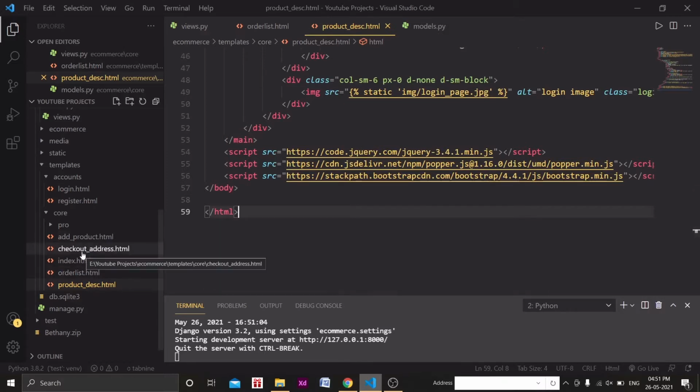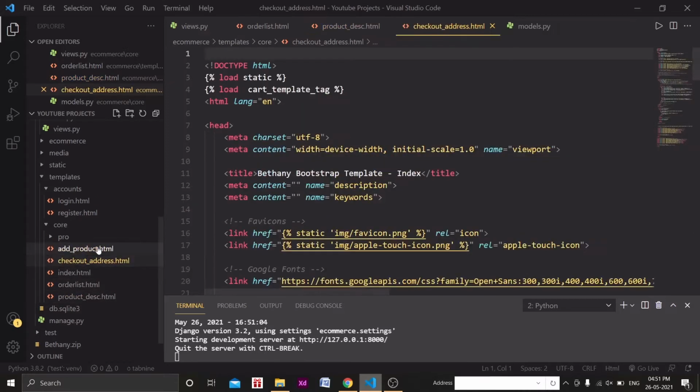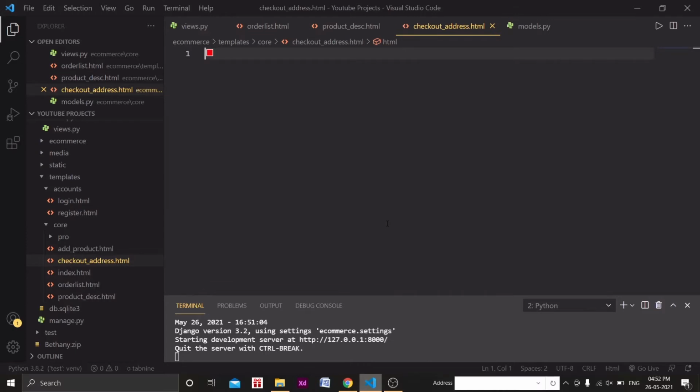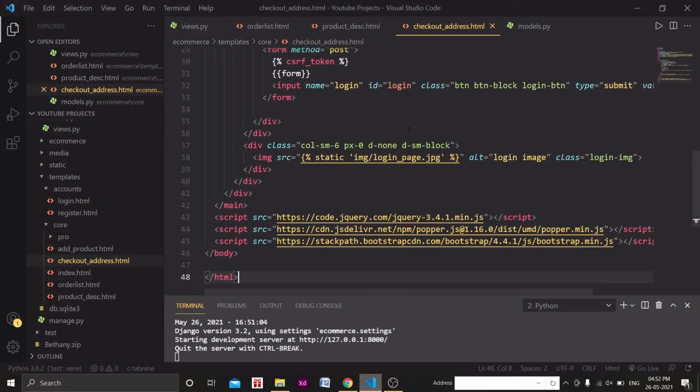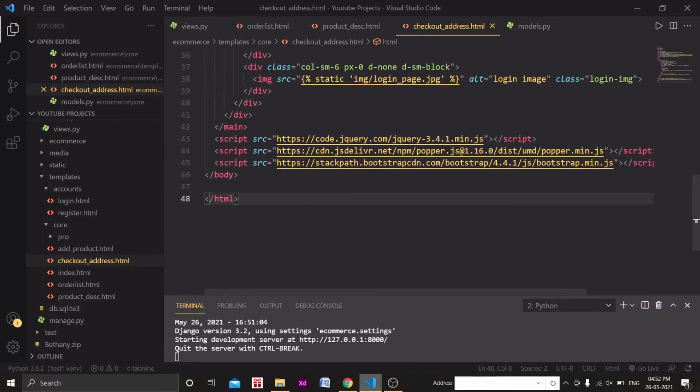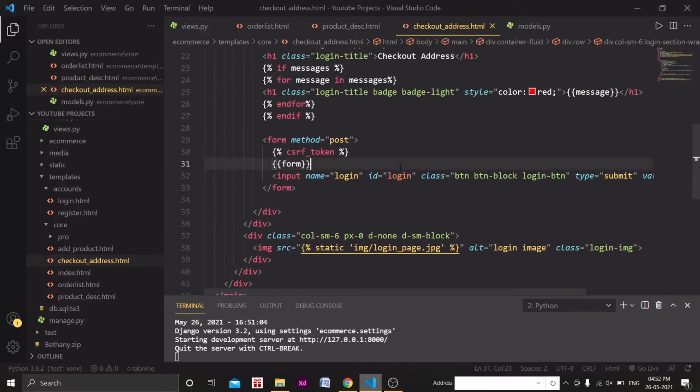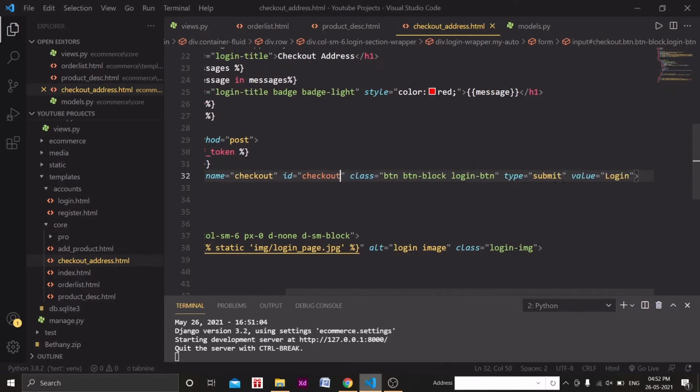Okay, now which was the HTML page? It was checkout address. So checkout address was the HTML page, and let's delete all these things and paste the code that I have done. I'm sorry for this. So I have just used form here, and name will be equal to checkout, then ID will also be equal to checkout, then value will be equal to checkout, right?